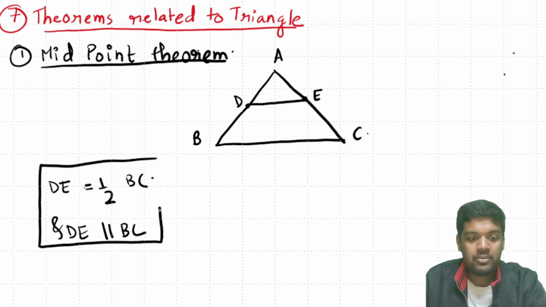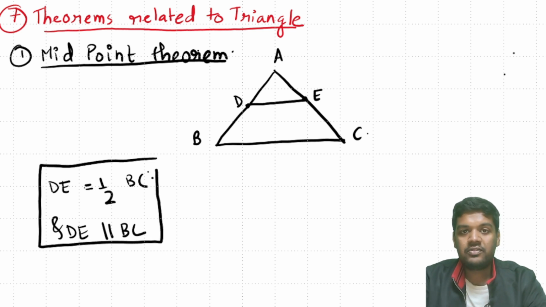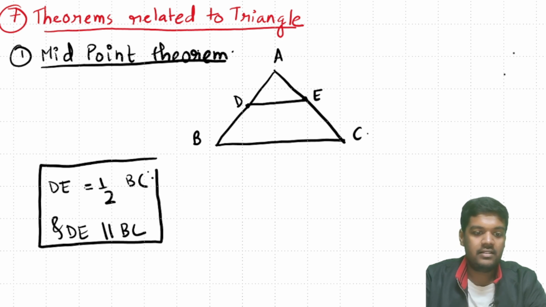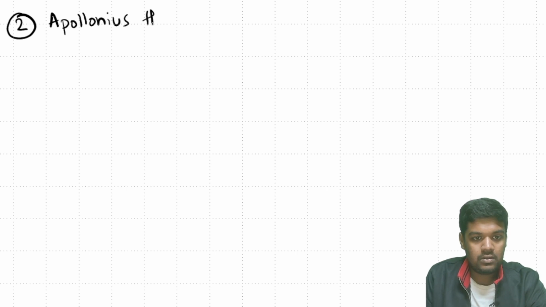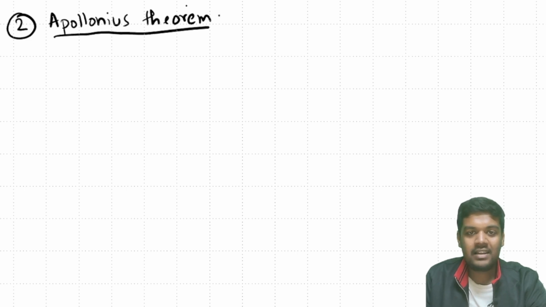So midpoint theorem ये बोलता है, if you join the midpoints of two sides of a triangle, it will be half of the third side and parallel to the third side, right? Now let's move on to the next theorem. आपको थ्योरम का नाम याद रखना नहीं है, बट थ्योरम क्या है उसका एप्लीकेशन आना चाहिए, राइट? सो इन Apollonius theorem,